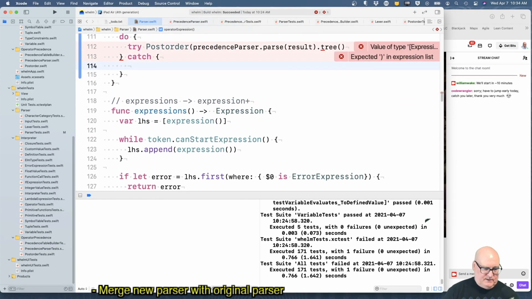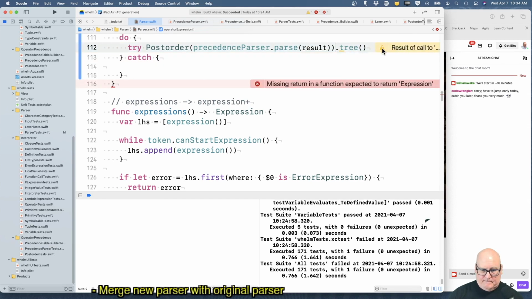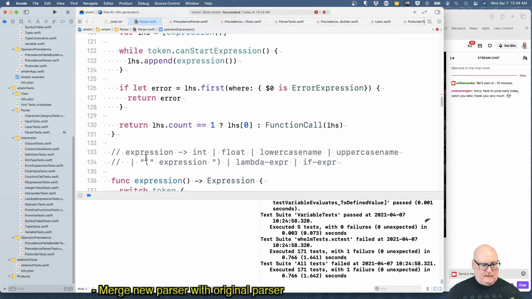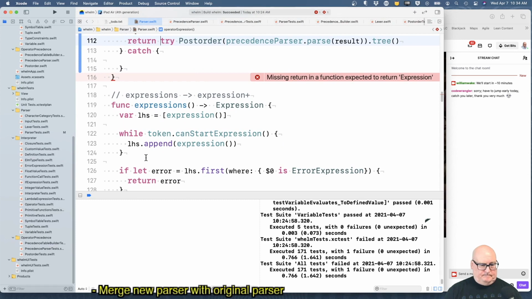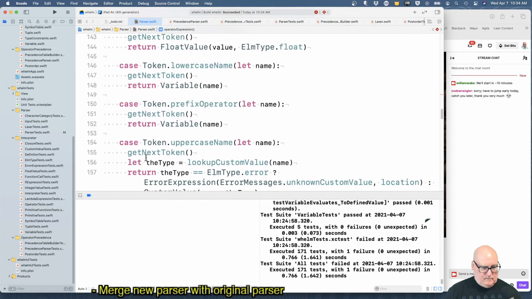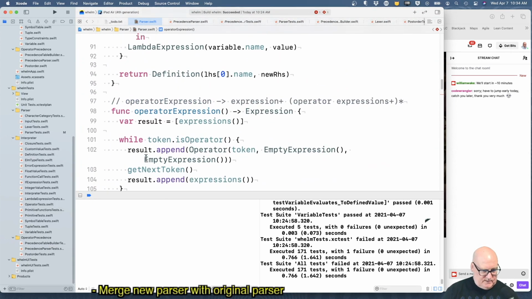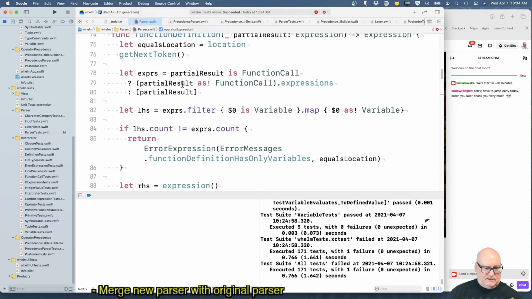And if we fail, we're going to do what we always do, and we're just going to bail out. Precedence parser result. We had something similar that returned error expression.